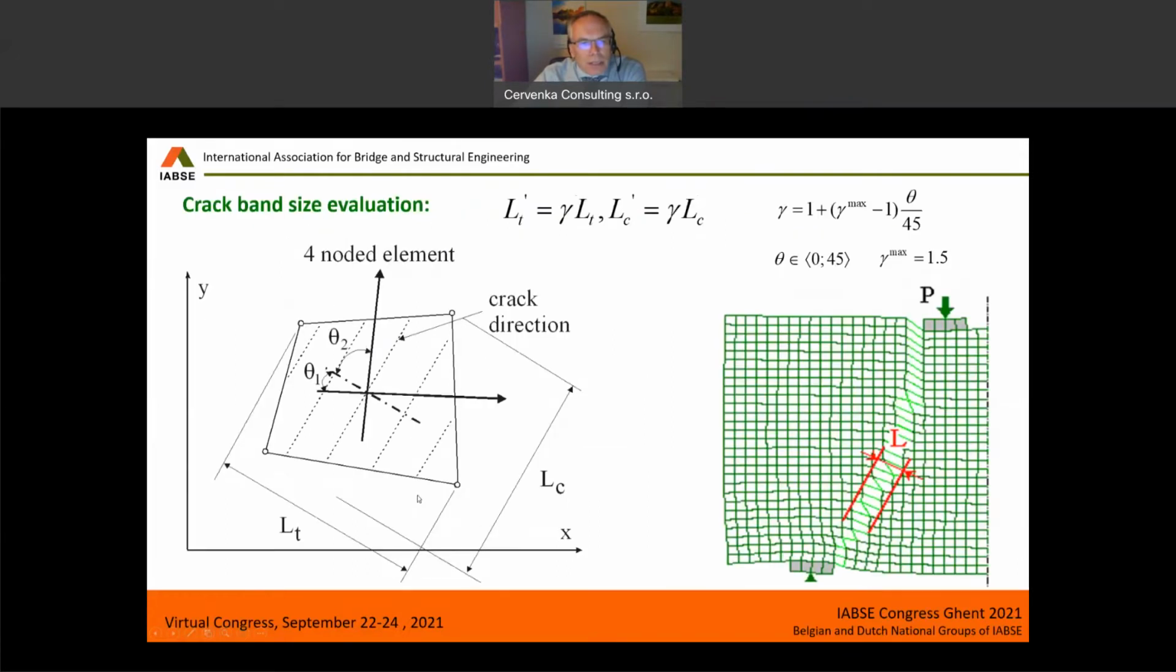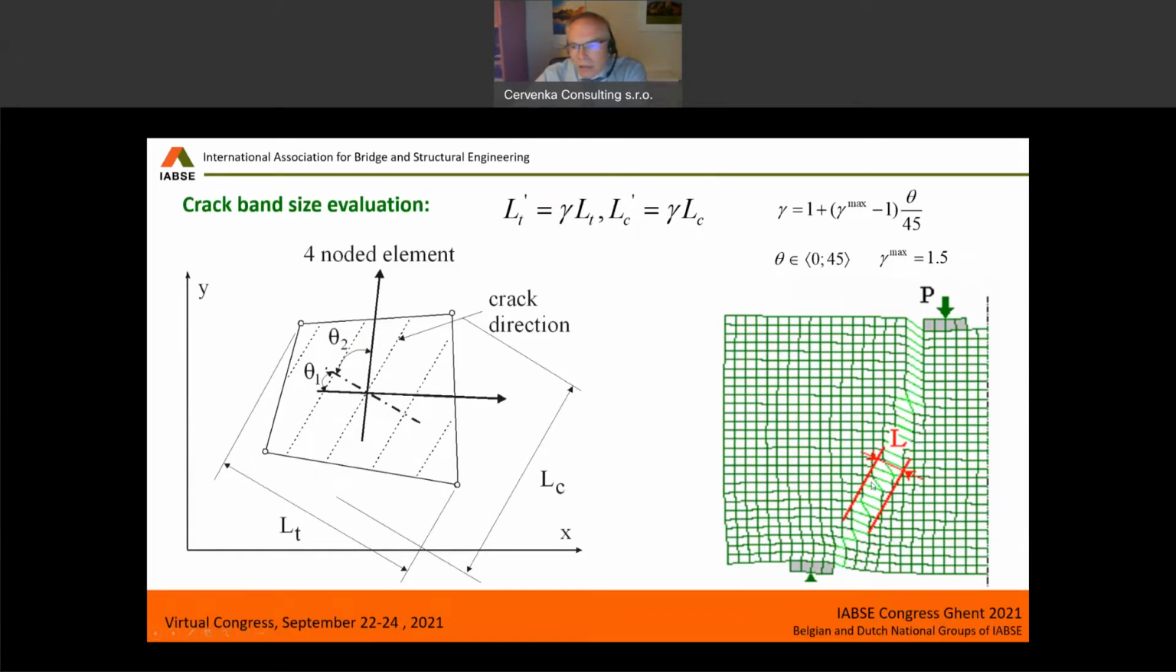And in addition, we have to take into account the fact that when the crack propagates, as you see here, for instance, in this kind of rectangular element, but you can understand that an analogical approach can be used also for 3D brick elements. So when the crack direction is not perfectly aligned with the finite element edges, as you can see here, so that there is some angle theta,